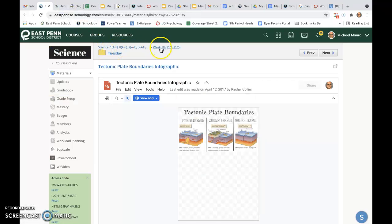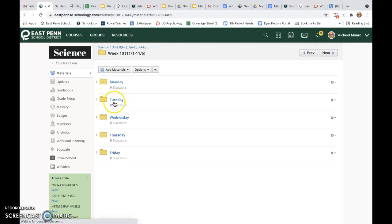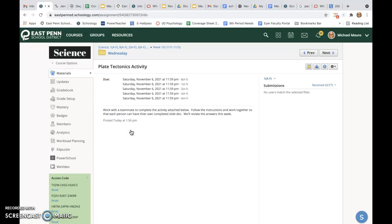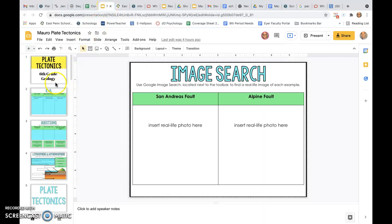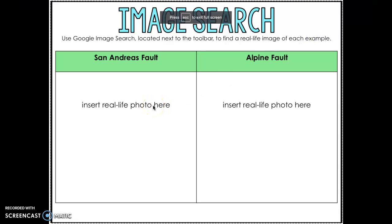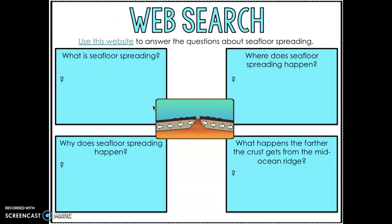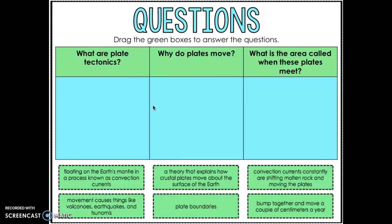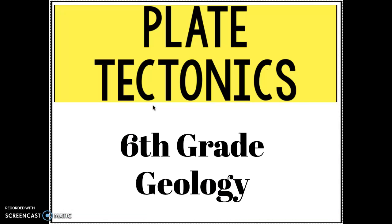Okay. And so we're moving on to Wednesday. Wednesday, we have something called the plate tectonics activity, and that is going to be a Google slideshow that we will be working on with each other. That'll be there once I plug it in there. And this will, let's see, present. This will be an activity that we'll be working on in teams here in the classroom. You're welcome to try and